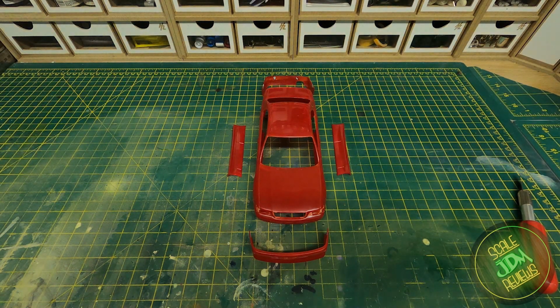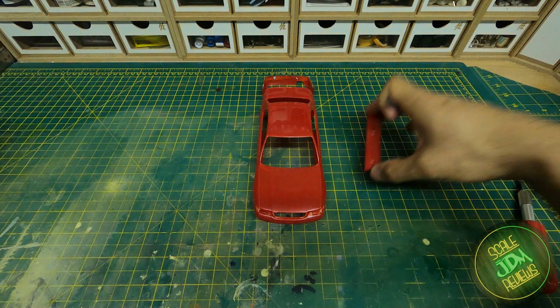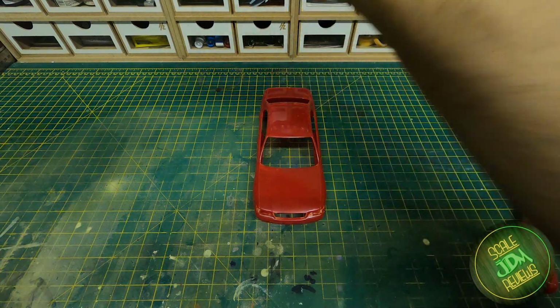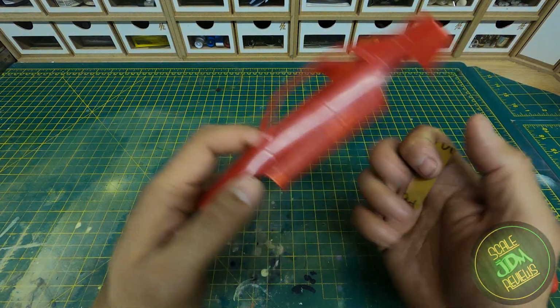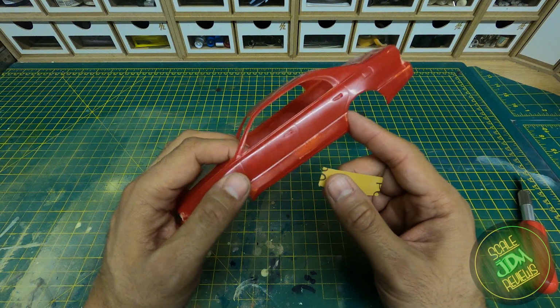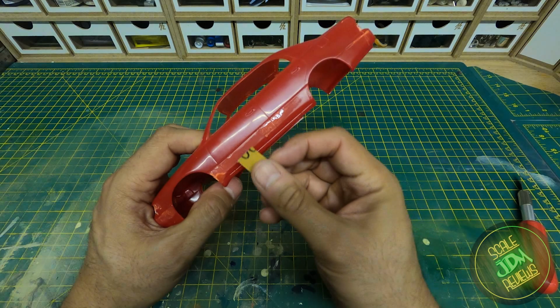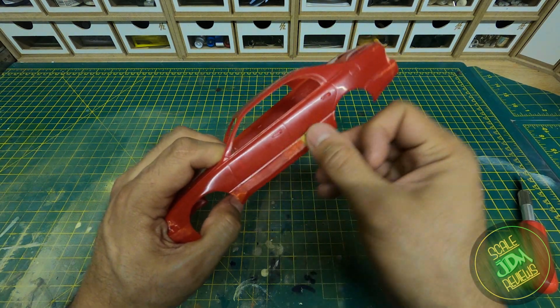This is part 3 of our K-Brake Majesta Rebuild, and as you can see we have the body shell in front of us and we are going to do some sanding today. So we're going to move these out of the way and we're going to take a look at this. Now I've got some 600 grit sandpaper here. This is 600 European, and we're going to start going at the side bits here. See if we can get rid of some of this